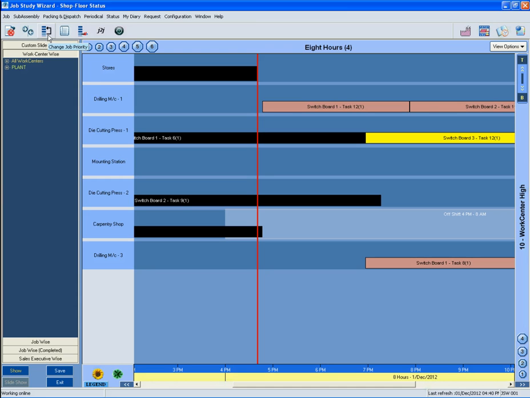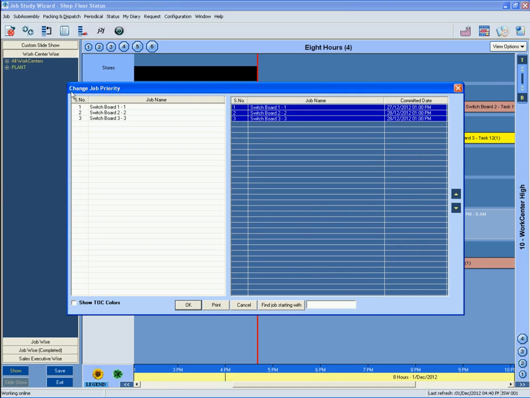Clicking the Change Job Priority icon will open a window that displays all jobs in hand according to their existing priorities. The same list is duplicated on the right-hand side along with the committed date. One can select any job and use the up-down arrow buttons to shift its priority relative to other jobs.